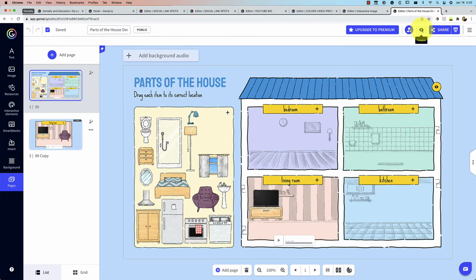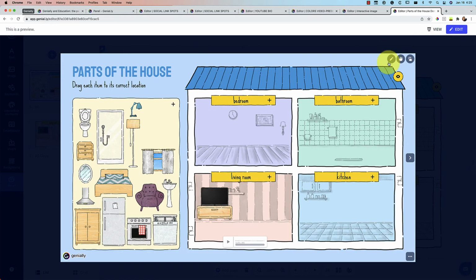So now when I click on preview, you'll see in the top right corner, I have this little pen tool. So I can just pull that. This is the thickness of the pen. So let's make it a little bit thicker and let's go ahead and choose red. So at this point now I can annotate anywhere I want on my slide. I could write on my slide, all that good stuff.